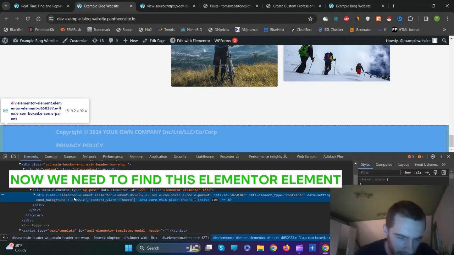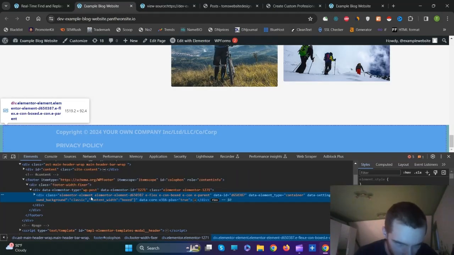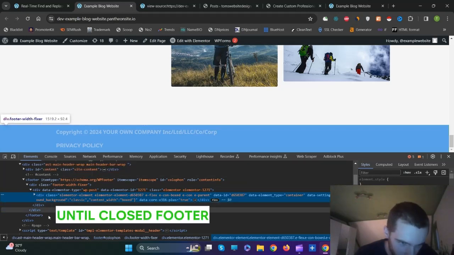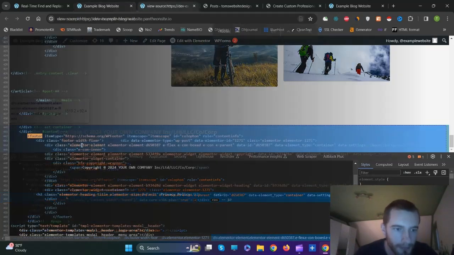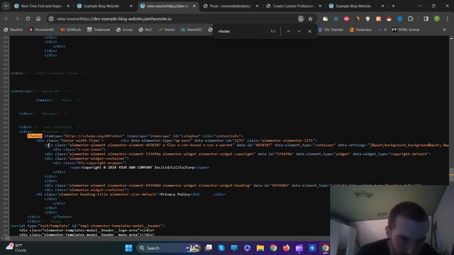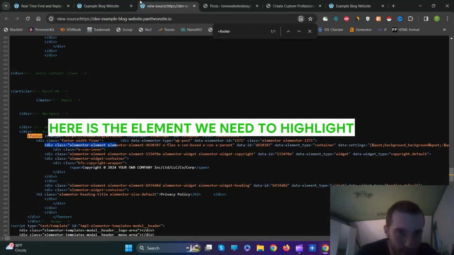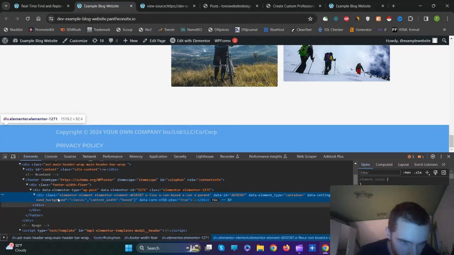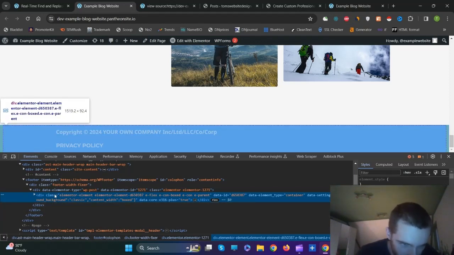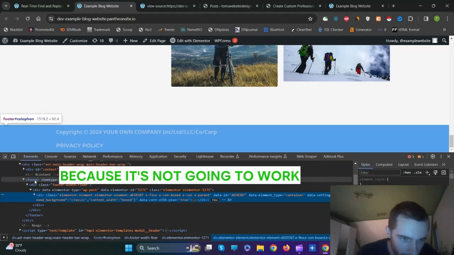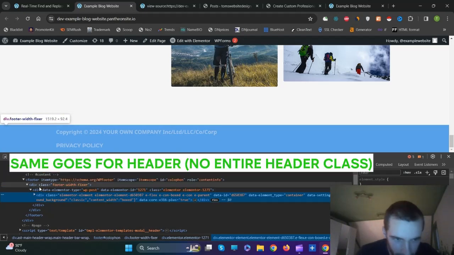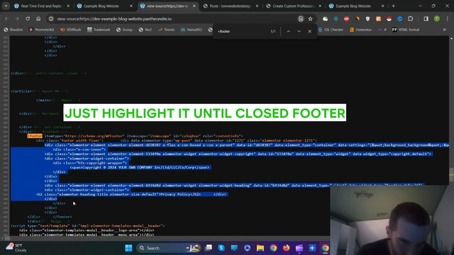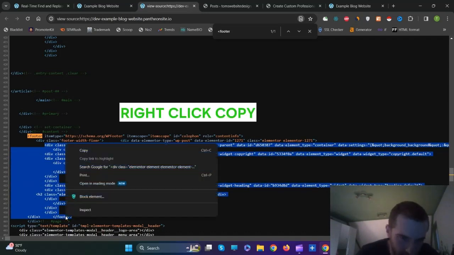Now we need to find this element in our viewed page source and highlight it until the closed footer. And as you can see, here is the element we need to highlight until the closed footer we just found. Don't include the entire footer because it's not going to work. Same goes for the header. Just highlight it until the closed footer, right click, copy,